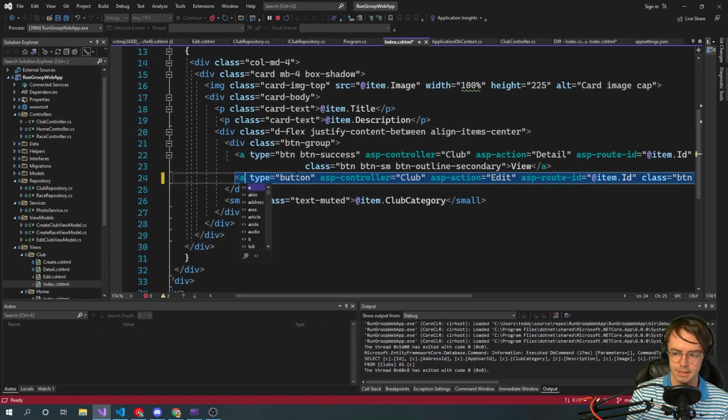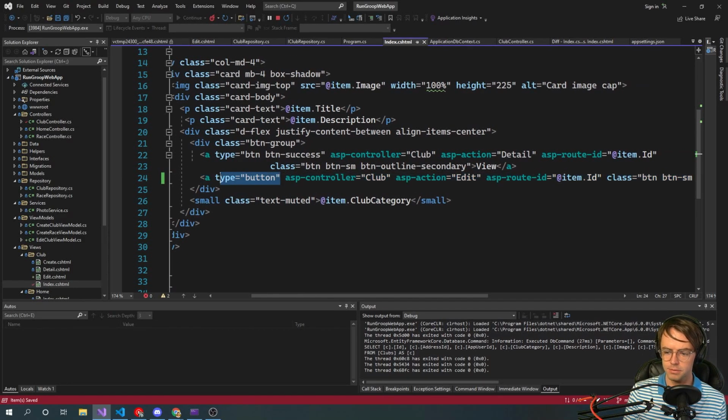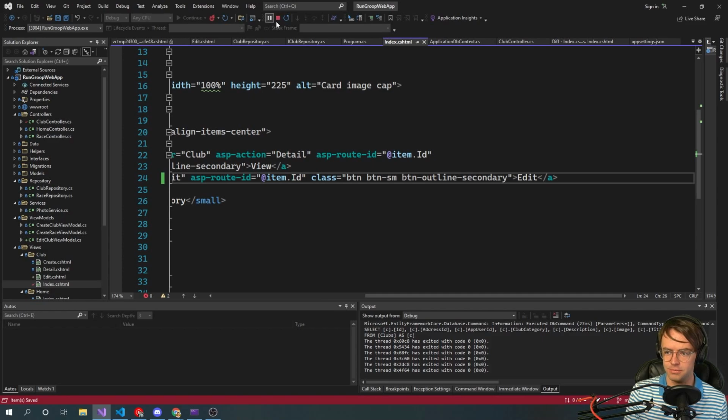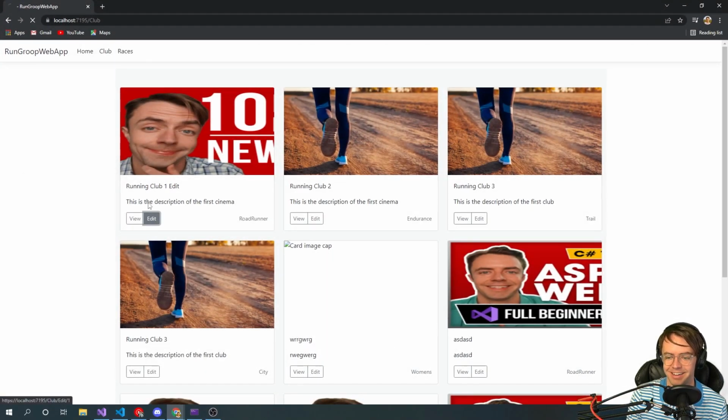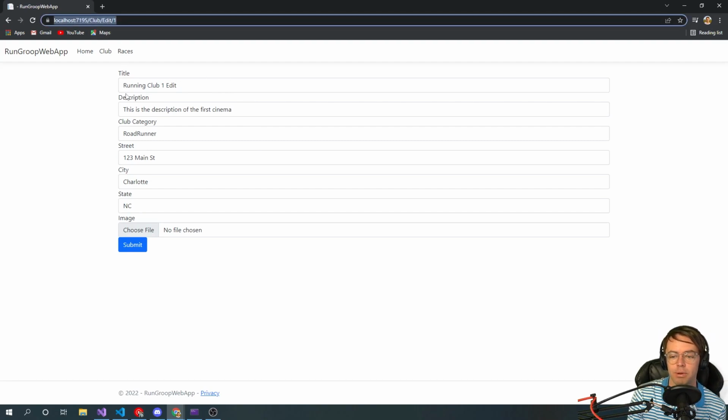and I forgot, this can't be a button. For some reason, ASP.NET buttons don't work correctly, or if you have a button with an ASP helper tag in it, just for some reason it won't work correctly. So need to keep note of that. Okay. All right. So we've got our club, and we've got it editing, and we've got it so that it's